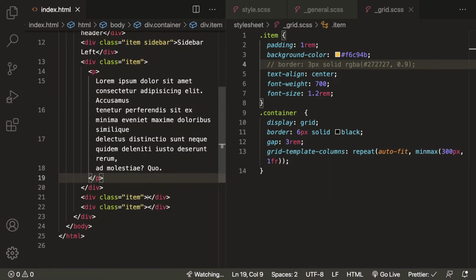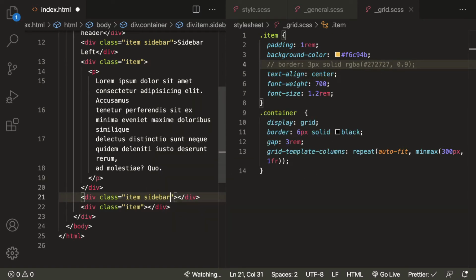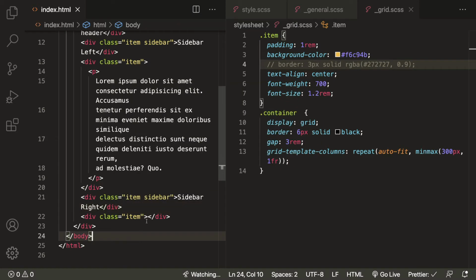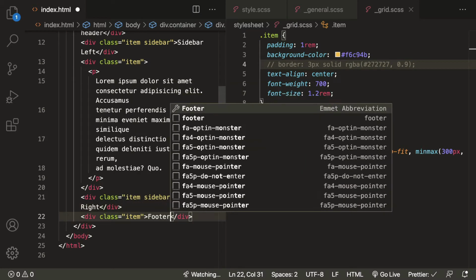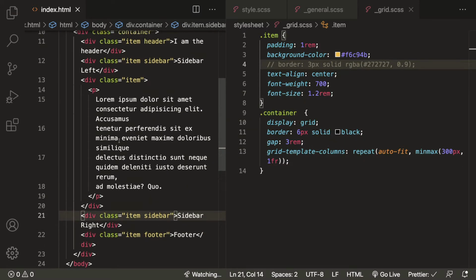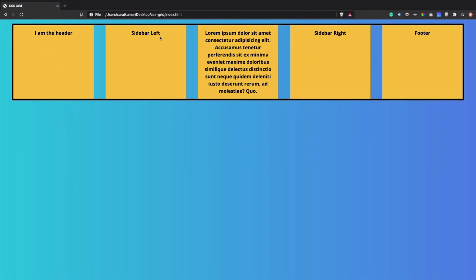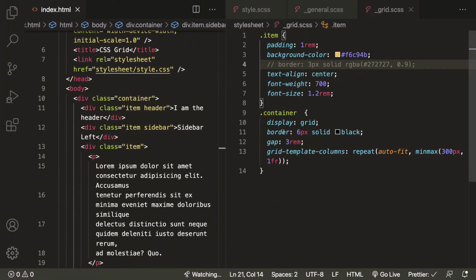Great. And to the second last item, it would be sidebar again, and here we'll say sidebar right. Perfect. And at the end let's have footer. And here also let's apply the class of footer. Perfect. So these are the items on our page right now. Let's have a look how it looks. Perfect. We have header, sidebar, this is our main content, sidebar right, footer, and to the container we have applied